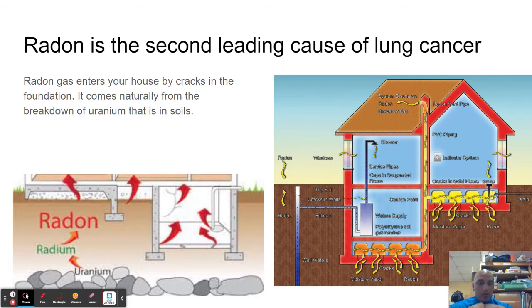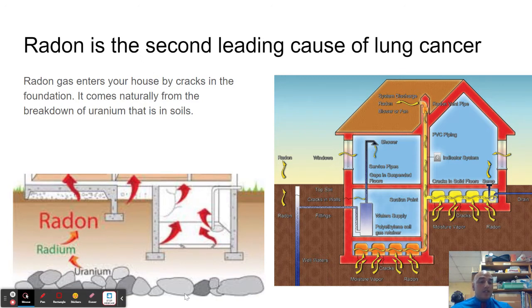So uranium in the ground, it's reactive and it will break down into radon. I know what you're thinking. Uranium is an element. Is it stable? It's not stable. That's why it's turning into other things. So as it becomes stabilized, as it reacts with its environment, it is going to produce this gas called radon gas.